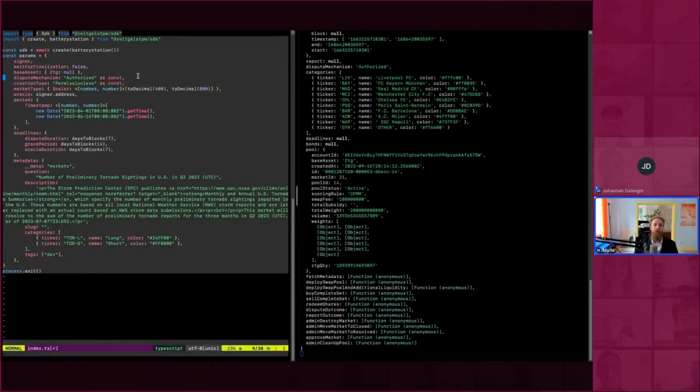But in the future, we're working very hard on this. Stay tuned for that. There's actually going to be a decentralized court that any user will be able to participate in quite simply.